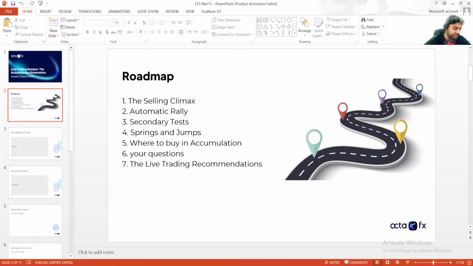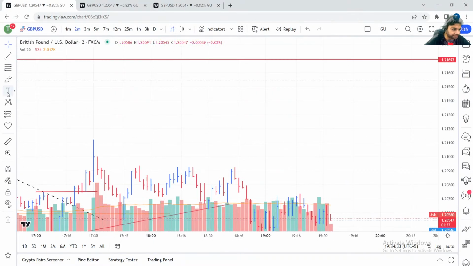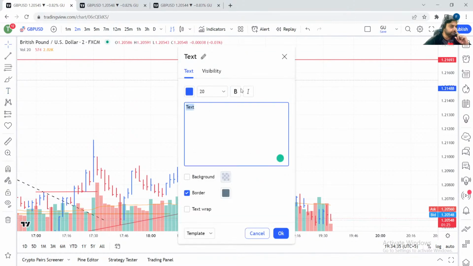Okay, I will first revise the strategy and then we will go ahead with today's topic. Okay, so my strategy which I have given to you guys is very simple. So let's call it our strategy. It's our strategy. Okay, so we all have this strategy. There are 5 components of this strategy, guys. And if you want to contribute, you can also tell me what the 5 components are.